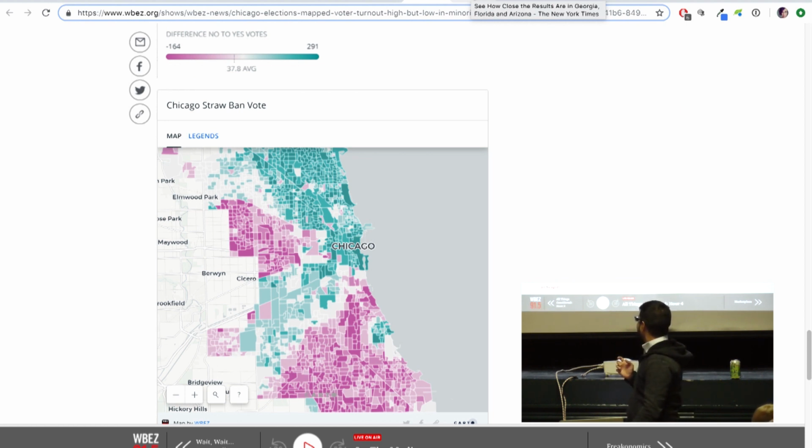So this map, purple is mostly no and green is mostly yes. And again, I don't know how many of you are familiar with the geography of Chicago, but whenever you look at something demographic, whether it's health, crime, or whatever, somehow it always looks like a version of this map, where the west and south side are very similar, and the Latino areas and the north side are very similar too. So it's interesting seeing different data being visualized and looking very similar every time.